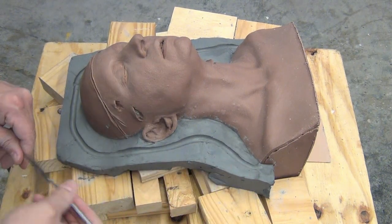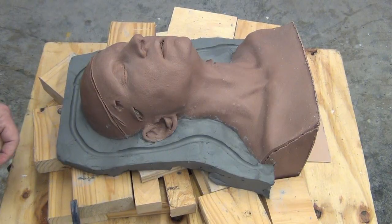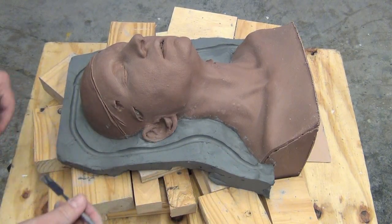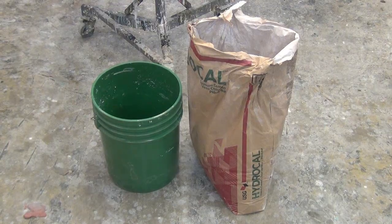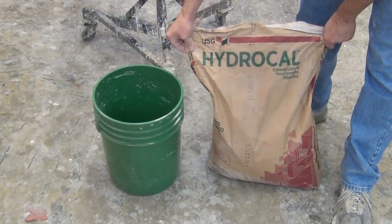And now we're just doing some last minute cleanup on the flange. We want that to be as clean as possible, and we're ready to proceed with our Hydrocal mixing. Now, you might have seen this in other videos, but we're going to cover this again just in case. The way you mix Hydrocal, for this particular process, we're going to start with about a half a gallon of